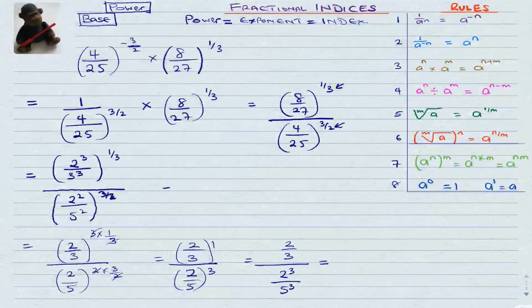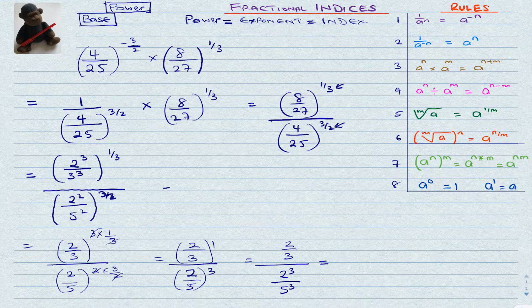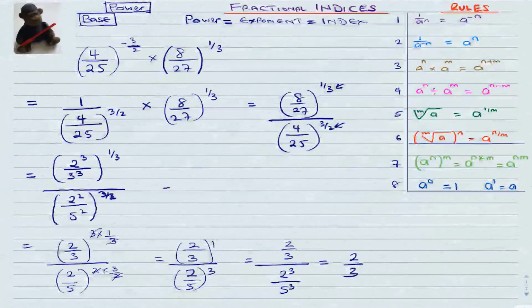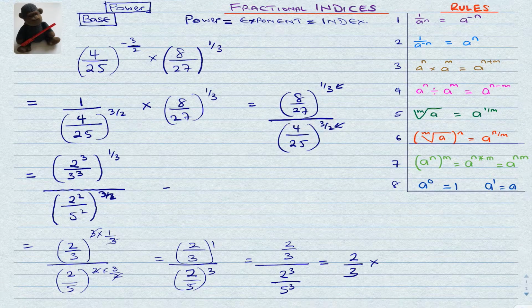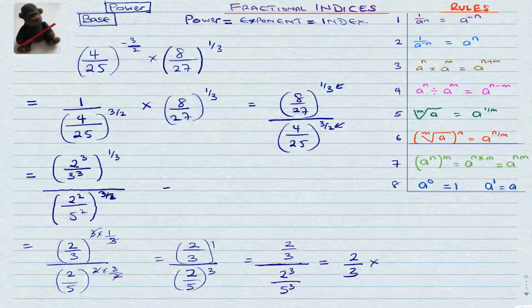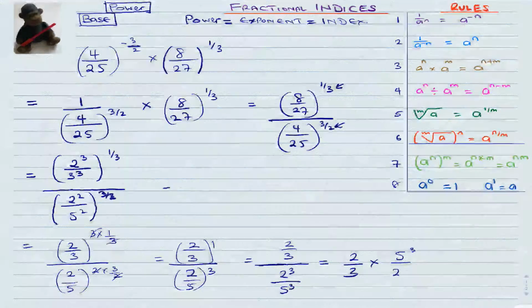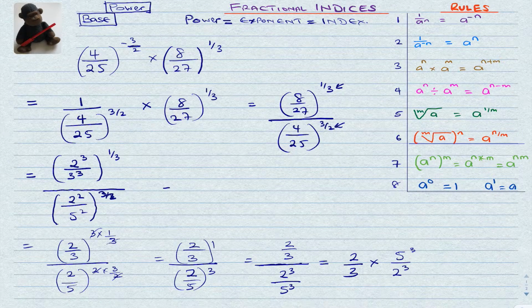So that will become 2 over 3 times, I'm going to flip, turn the divide into multiplication, so that will become 5 to the power 3 over 2 to the power of 3, and that will become,